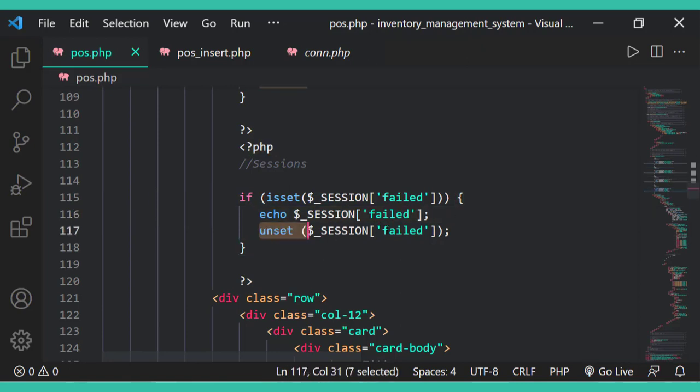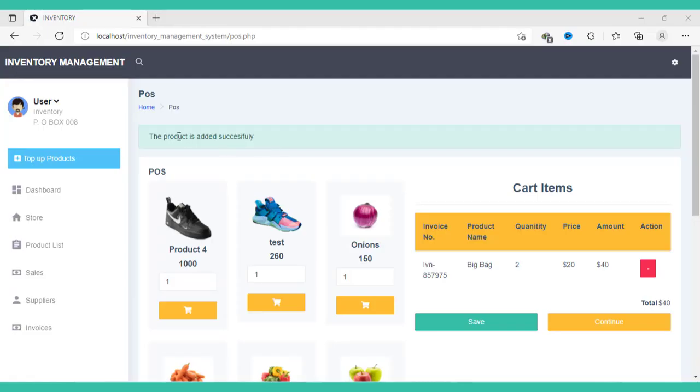And you also notice that I have the unset. So this unset will just remove the message once you refresh the page. Yeah, so as you can see, I've tried to insert one product, and it tells me the product is added successfully. So let me also try to insert maybe onions, and say I want 2 of them. Alright, before we insert that, let me just refresh this so that we see if we are going to get rid of this message,